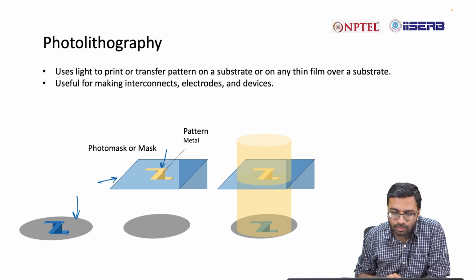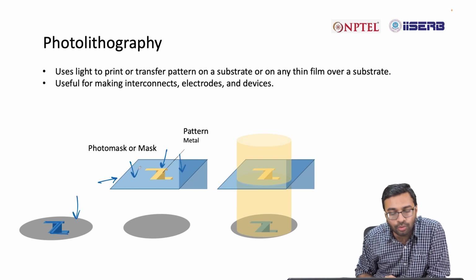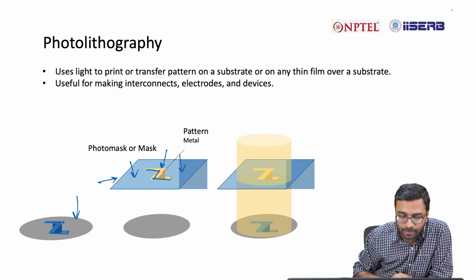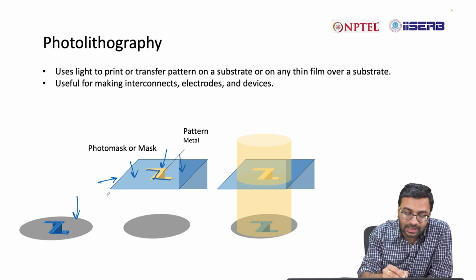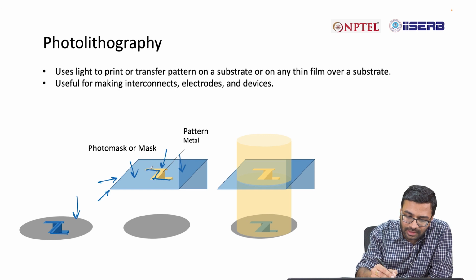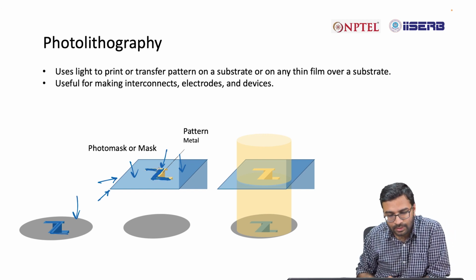So, you make a pattern on a material where the rest of the material is transparent to optical signal, but this part is opaque. I repeat. So, what you do is you take a transparent sheet and, by some means, you create a pattern with an opaque material which is similar to this, a Z, and then